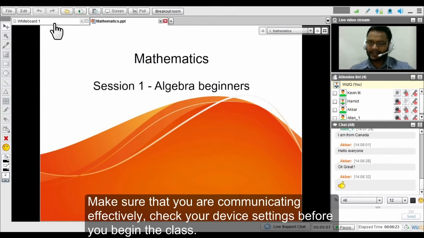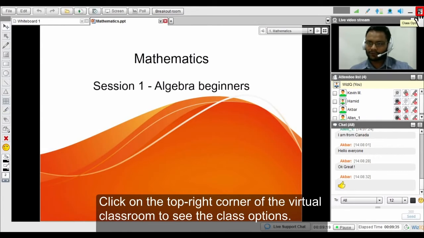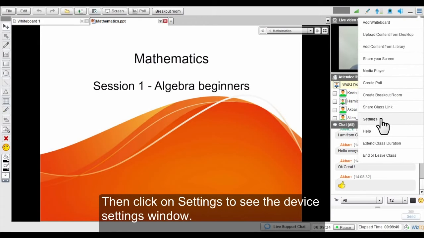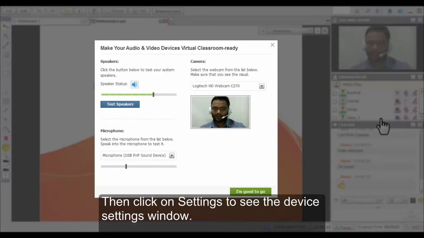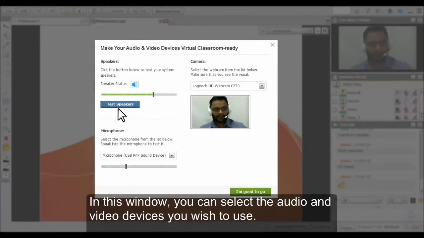The most important thing is to be able to communicate with your students using the audio video devices. If you just simply click on the top right corner of the virtual classroom, you will see the class options there. So if you click on that, you will have the setting option. So simply click on the setting option and that will bring out this pop-out window from where you can actually